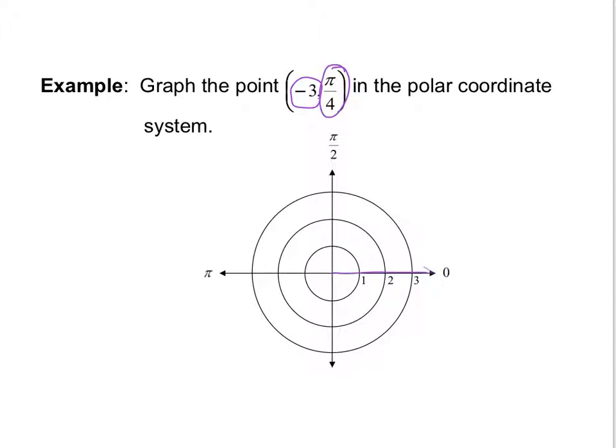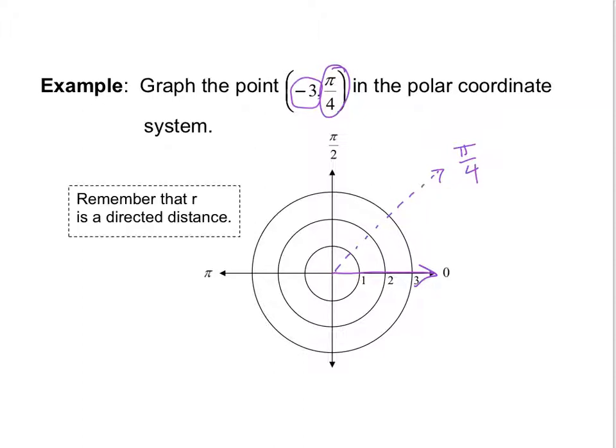Here's my polar axis. Pi over 4 would come right out here. Okay, so that's a pi over 4 angle. You'll see why I made it a dotted line in just a second. Now before we graph our point and we take a look at the r, you need to remember that r